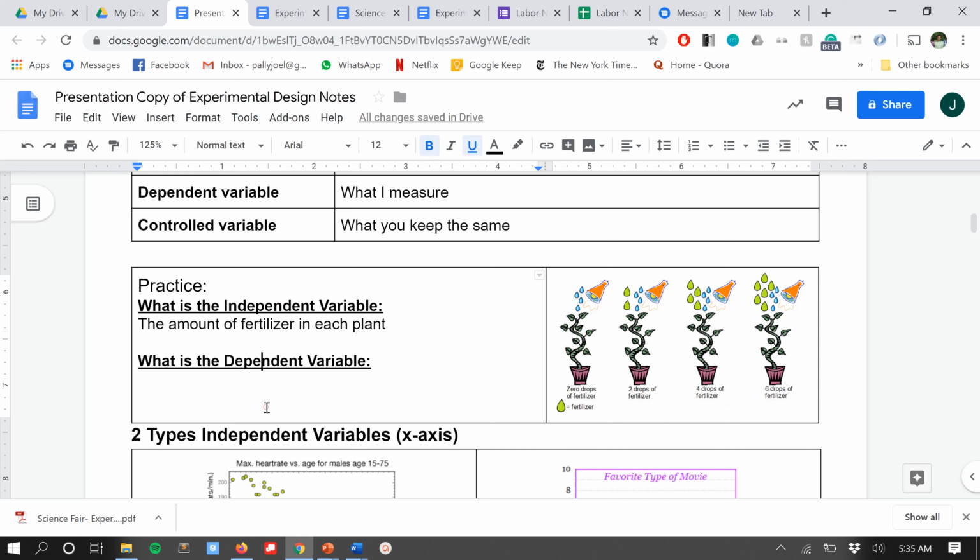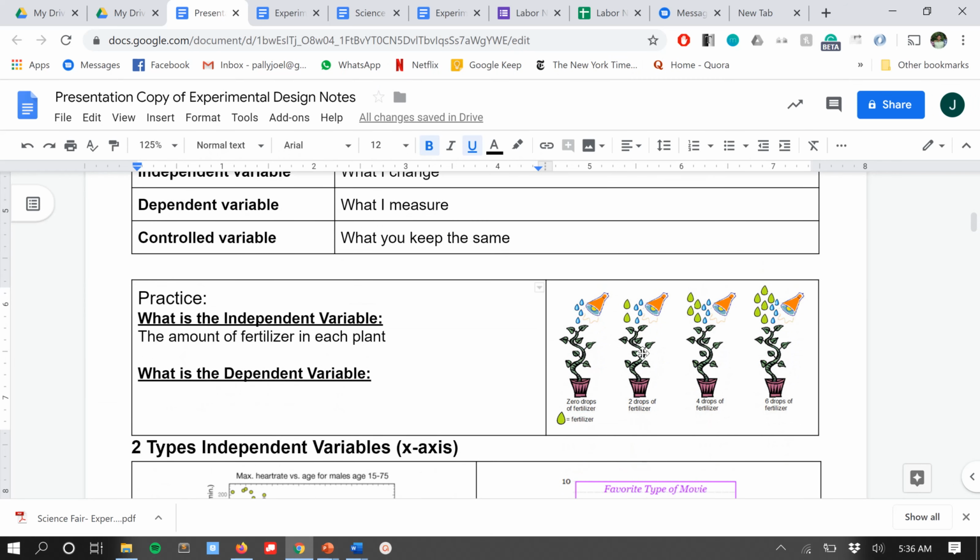What is the dependent variable? Well, the dependent variable is what we're going to be measuring, or the outcome. So what we're trying to check here is which amount of fertilizer will have the fastest growth. So what we're measuring is the speed of growth. Maybe if we were to provide units, we might measure that in inches per